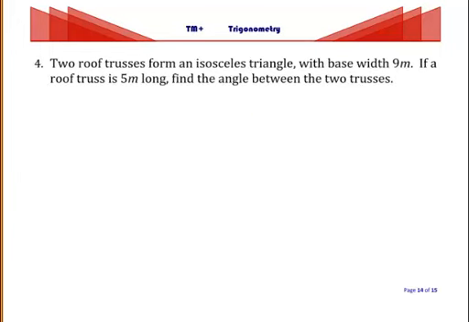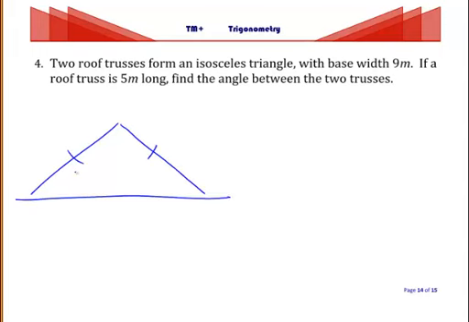I don't know about you, but I'm exhausted. We're up to the last question, so I'm very happy about that. 2 roof trusses form an isosceles triangle. So, an isosceles triangle has 2 sides equal. Okay, if you've done geometry, you would have remembered that. With a base width of 9 metres. So that means this length here is 9 metres. If the roof truss is 5 metres long, so 5 metres, 5 metres, find the angle between the 2 trusses,